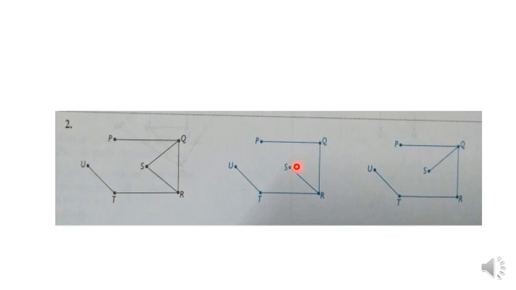How to join S and Q? First, S and Q, so you join with this edge. So one shorter way. Okay. One more longer way that you can join S and Q is from S, you move to R first. From R, you move to Q first. And then from Q, you join with S. So vertex S you can join with vertex Q by using the longer way. If you put an edge here.